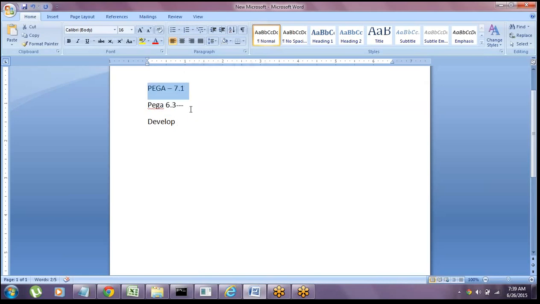The thing is, the 6.3 version license is already cancelled, it's already over, and the renewed version is 7.1. If any company wants to start any project on Pega, they have to renew to Pega 7.1.